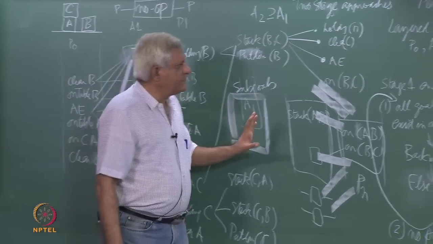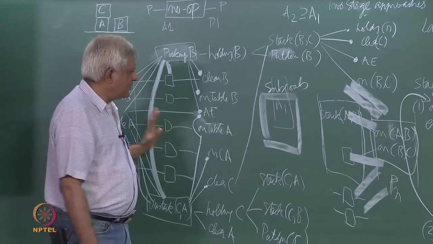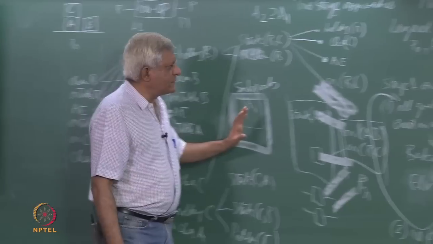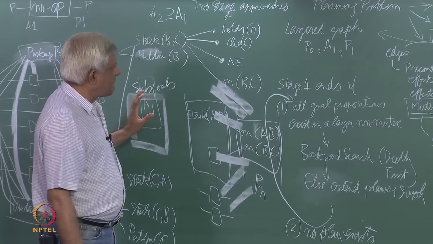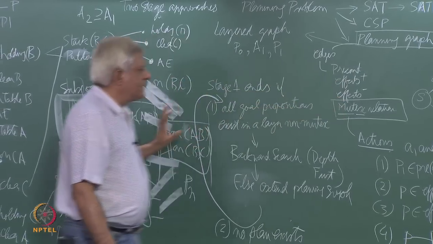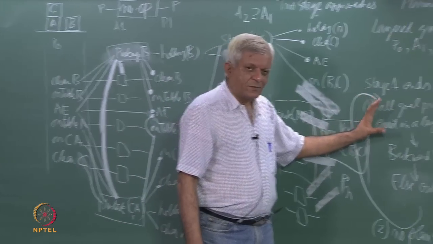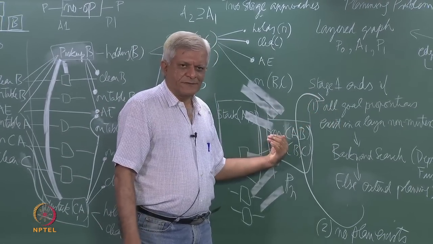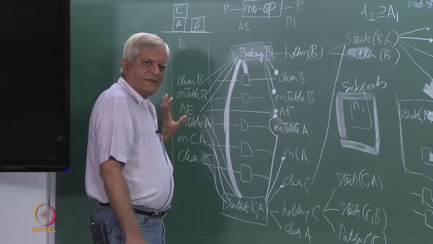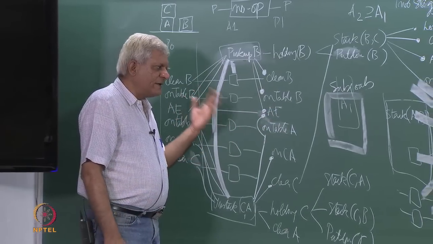To summarize, the GraphPlan algorithm works in two stages. In the forward stage, it constructs a planning graph which contains these 4 kinds of edges: the precondition edges, the positive effects, negative effects, and mutex relations. Once it finds all the goal propositions existing in a non-mutex form in a layer, it goes to the backward phase, and tries to search for a non-mutex substructure in the planning graph where there are no mutex